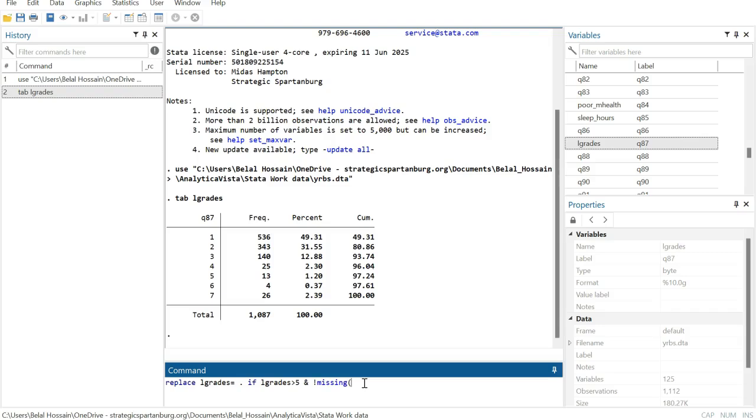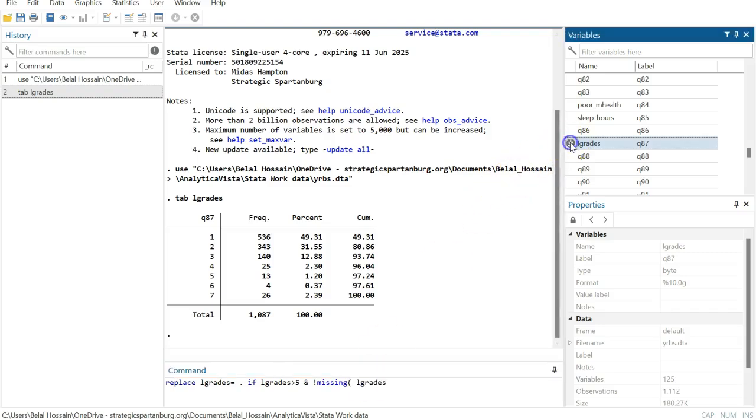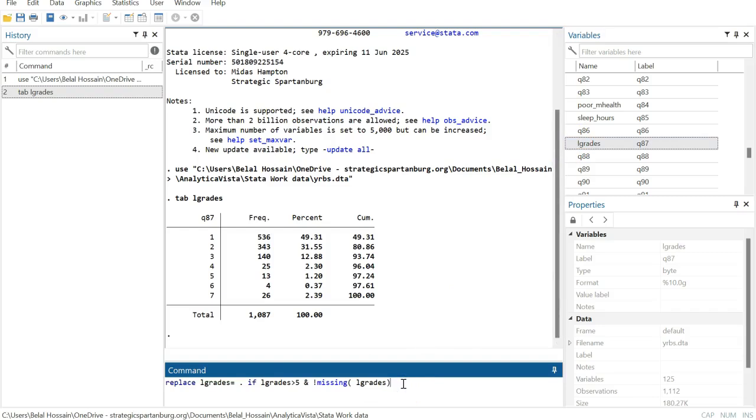So missing, and then the name of the variable lgrades,